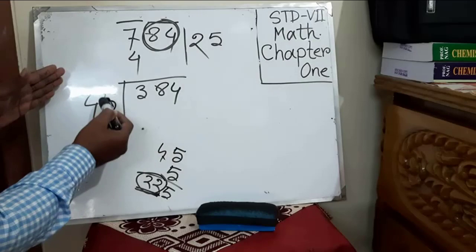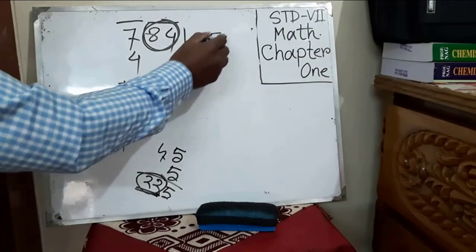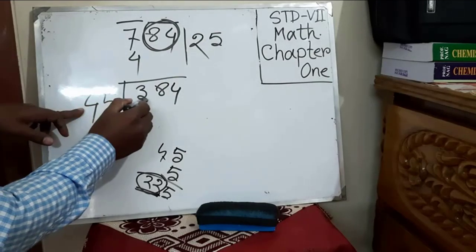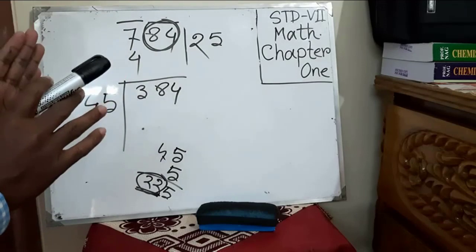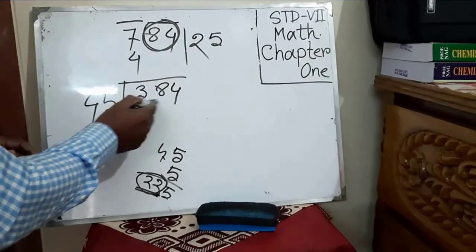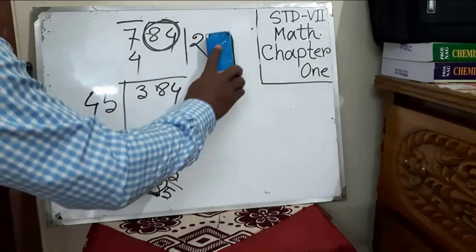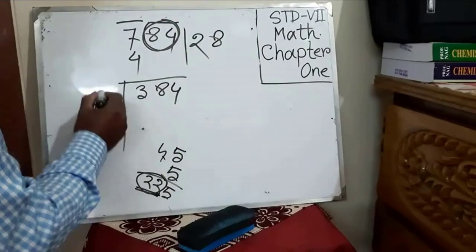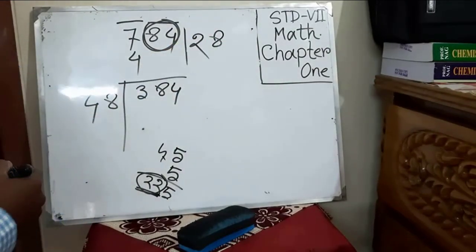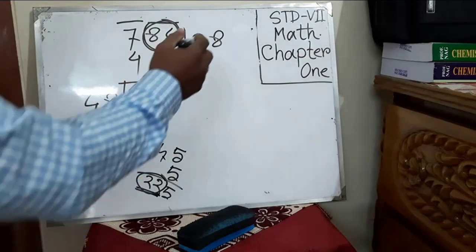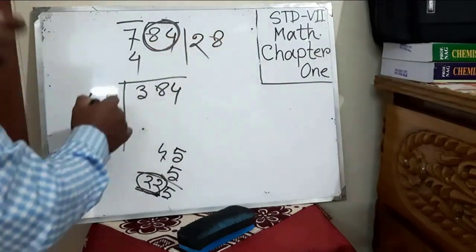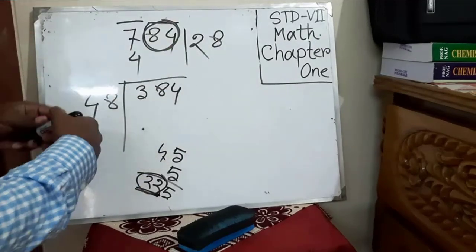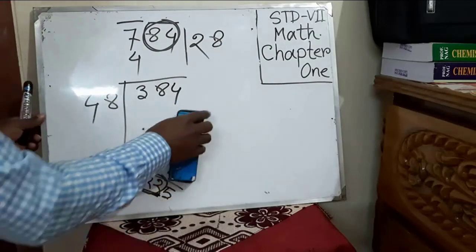But there 38. Look, if you write here 7, then you will write here 7. Then 7 fours are 28. But here 38. So you will consider a digit that is near 38. So if I write here 8, look, 4 eights are 32. But if I write here 9, 4 nines are 36, it will be 9, but it will be 8. So you need to check using both numbers. So we'll consider 8 first.